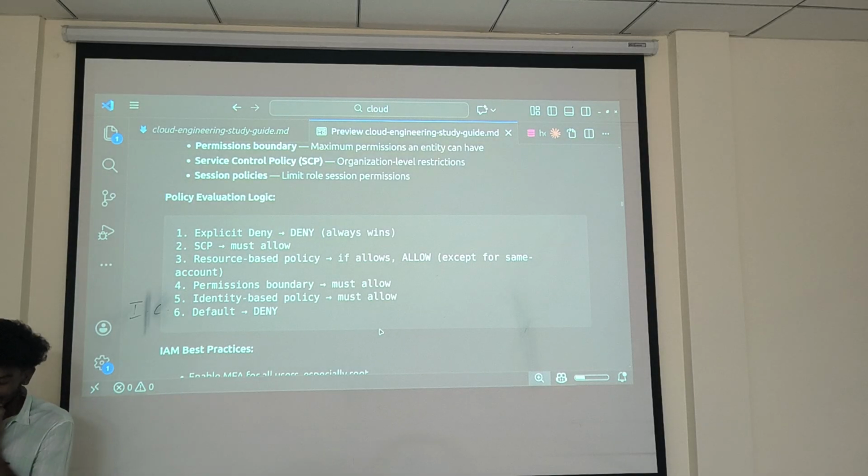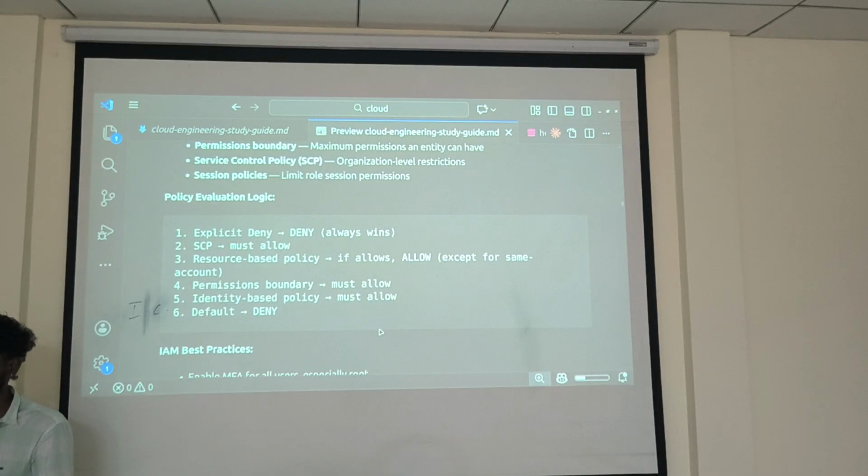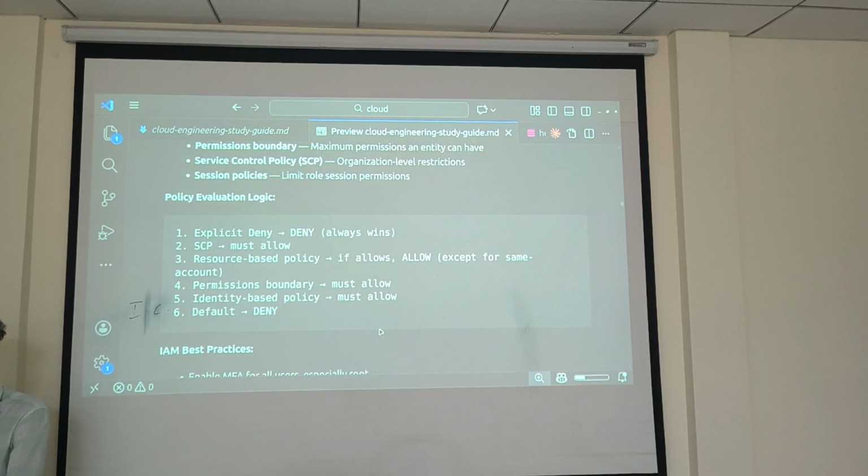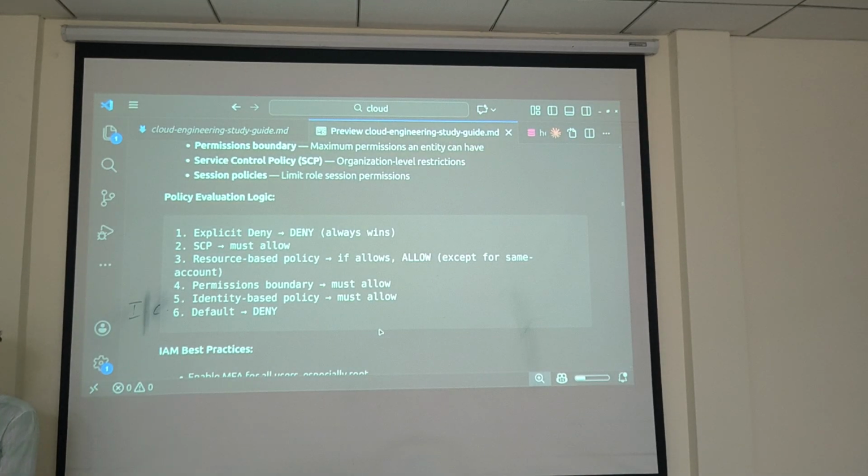If you take any organization, you are paying the money. It's the organization ID. You are able to control how many users are using your cloud. So cloud is nothing but you are going to give access only to the developers. Each developer can only view things, or edit things, or create things. These are the major roles. In that, you can also control what resources they can access: they only access my VM, or they can access my database, or they can access my log management system. Like that, you can easily control it.